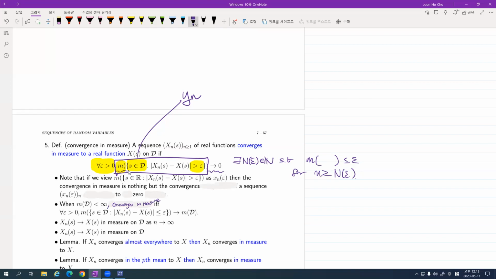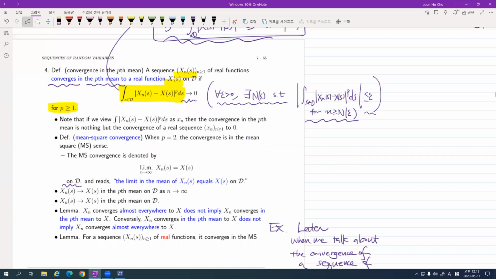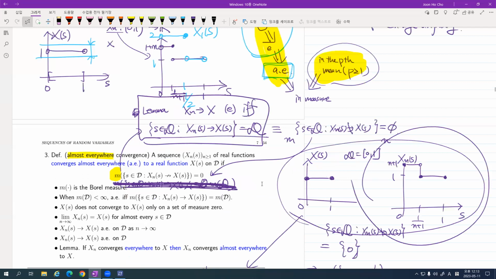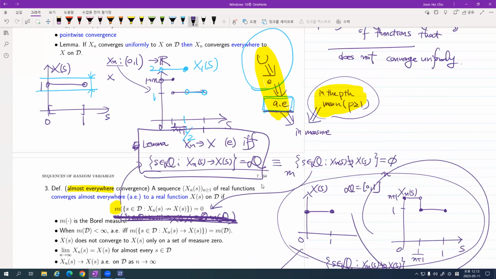Since we do not have enough time, we can just check whether this almost everywhere convergence implies, by the way, what we call convergence in measure. Let's check this part. We've seen already that in this example, Xn converges almost everywhere to X. Now, in order to check whether this almost everywhere convergence implies convergence in measure I just defined, let's construct a sequence of measured subsets of D.